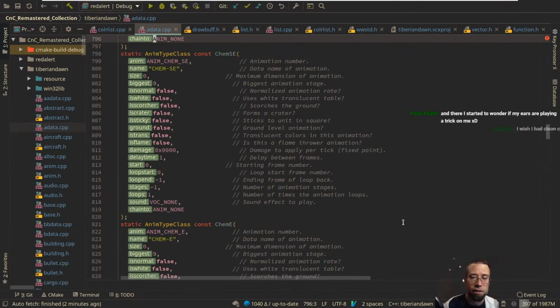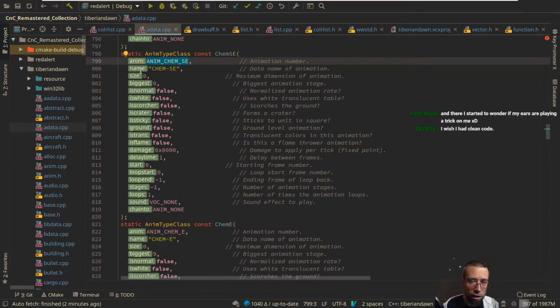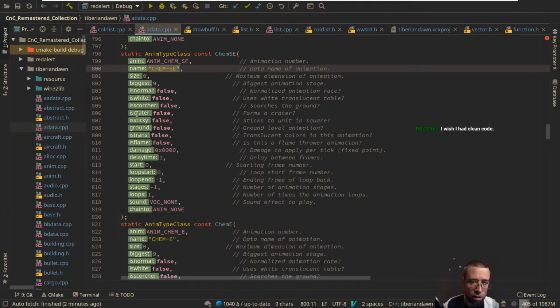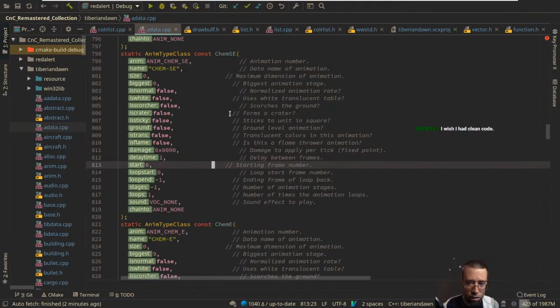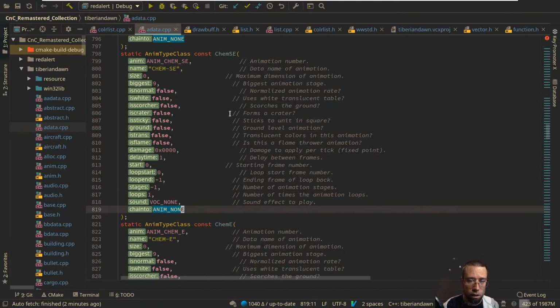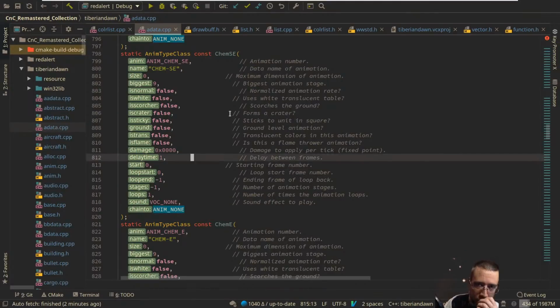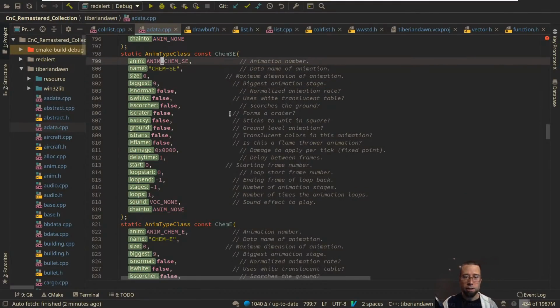Now, this is interesting actually, because in a modern IDE, I get what these values actually are. This is the animation, this is the name, this is the size, the biggest, is it a crater? But they have the comments at the end of each line here because there's so many things that they are initializing. So it's an interesting question for you all. I don't know who all uses a modern IDE, but